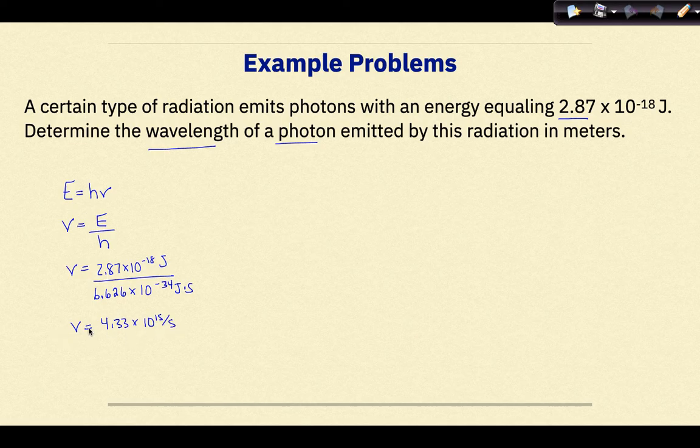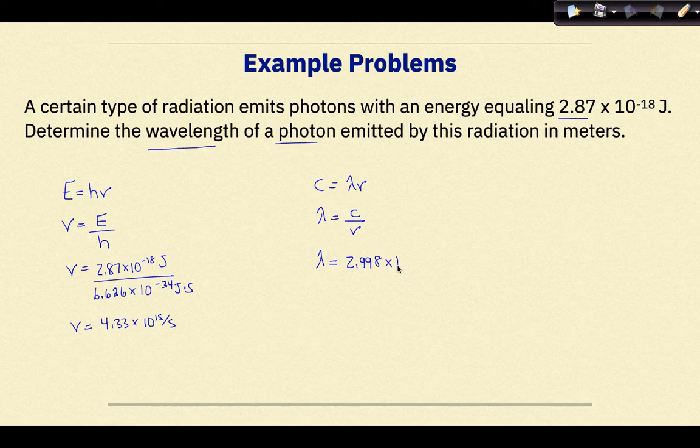So now I have frequency and I want to figure out my wavelength. So I'm going to go back to speed of light is equal to wavelength times frequency, rearrange my formula to solve for wavelength, speed of light, and frequency, and then I'm going to plug my values in. So wavelength is equal to